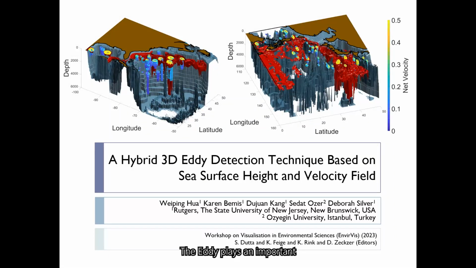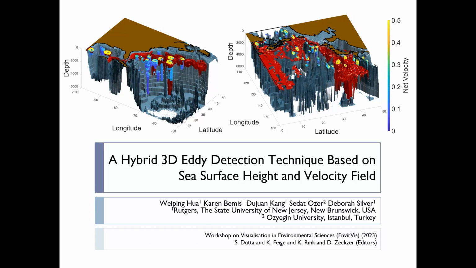The eddy plays an important role in ocean biology and dynamics, providing both vertical and horizontal transport of nutrients. In this research, we propose a new eddy detection approach using a combination of the sea surface height and the velocity field. The left figure presents the Kuroshio current in red and the eddies detected in the North Pacific in